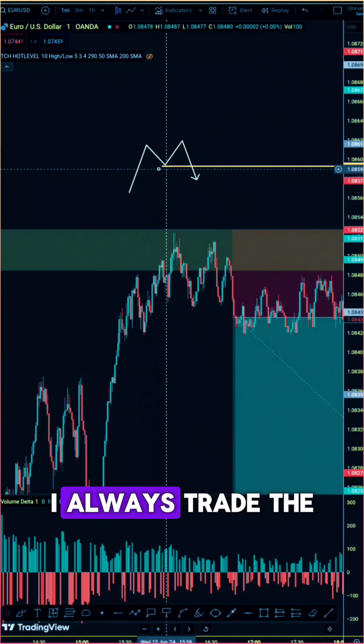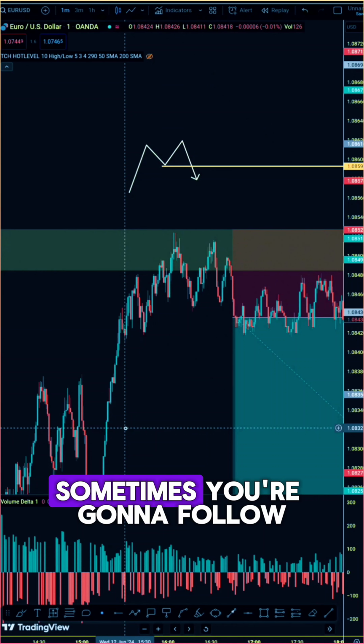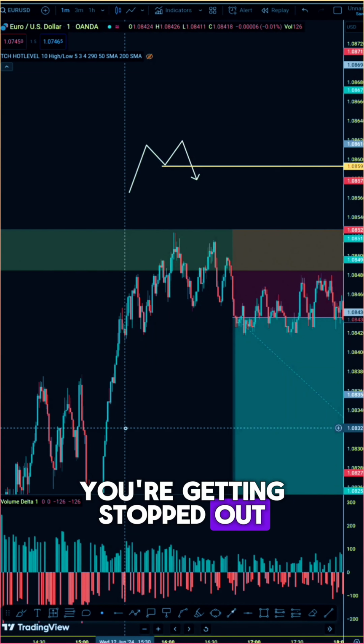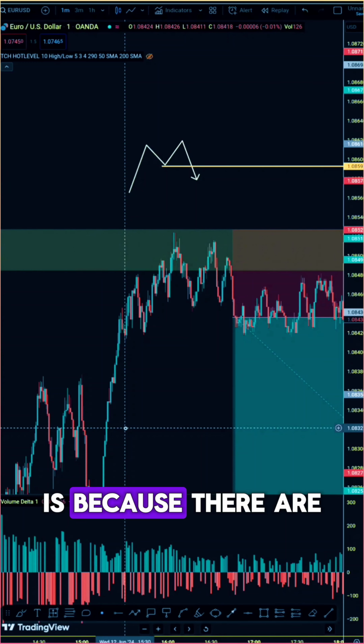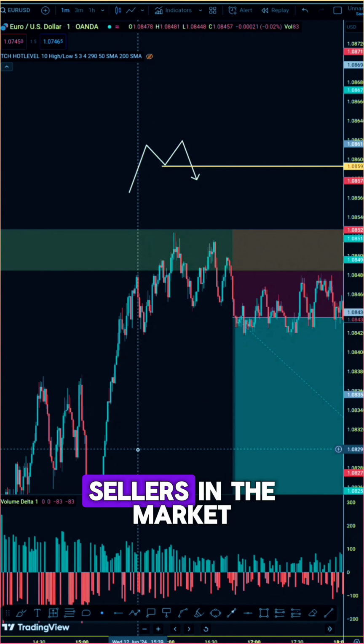As you guys know, I always trade the M pattern. All patterns don't work all the time. Sometimes you're going to follow a pattern and you're going to get stopped out. Now, the reason why you're getting stopped out when the patterns don't work is because there is not enough volume. If you're going to sell in situations like this, there are not enough sellers in the market to take the